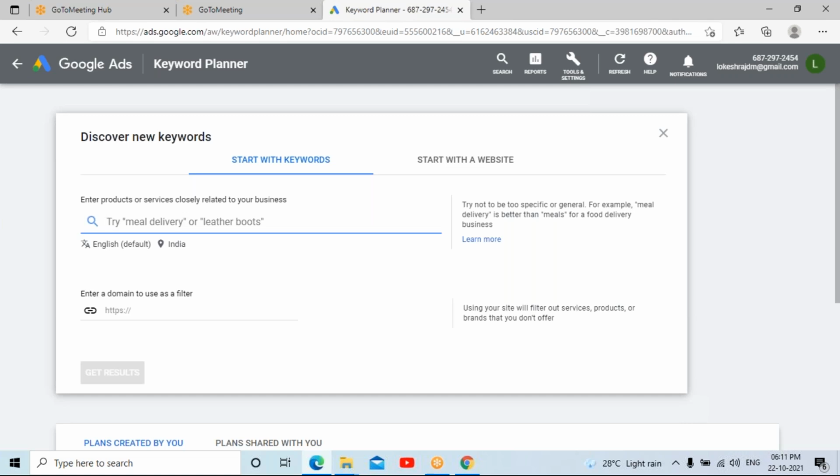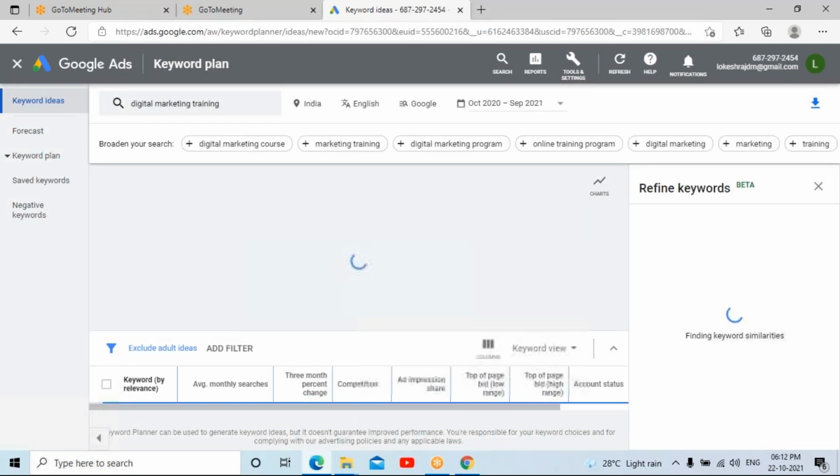For example, if my advertisement is all related to digital marketing training, let me see what keywords can be used for it and how they are going to perform, and click on get results once after typing it.